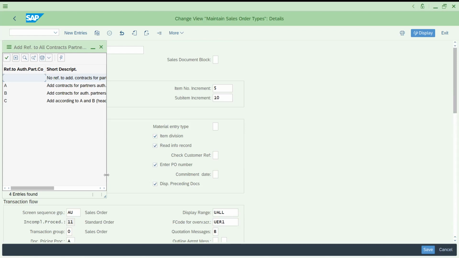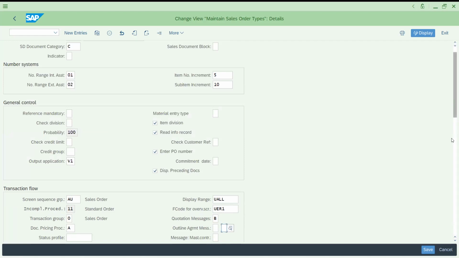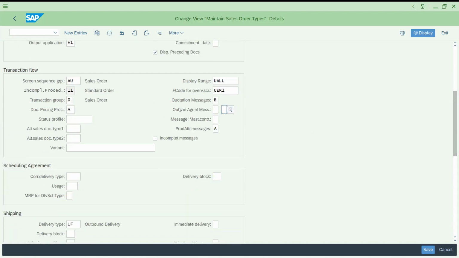We'll have a discussion about all these options at the time of exploring the contracts. See, no reference to add contracts, partner authorized to release, header level and item level. Like that some options are available if it is related to customer hierarchy. Okay, so this is for contracts, open messages, this is for quotations and